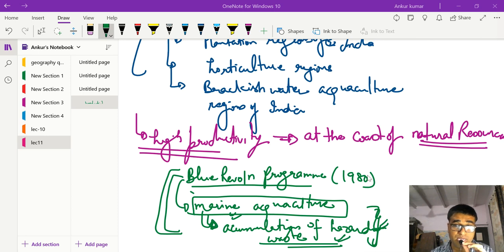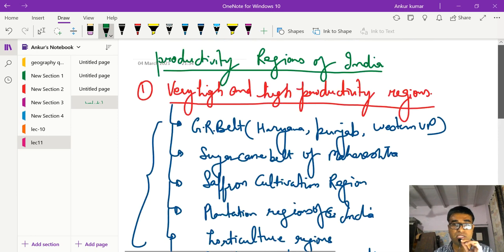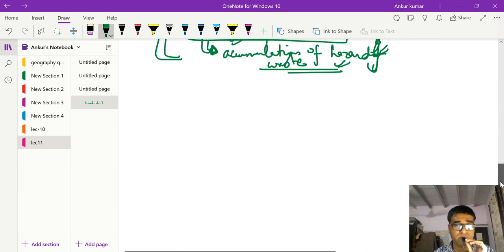Okay, so that happened during the blue revolution program. So the high productivity region, definitely this high productivity came at the cost of natural resources. Okay, so you can remember these regions, and two examples: one is Punjab and Haryana, and another is from